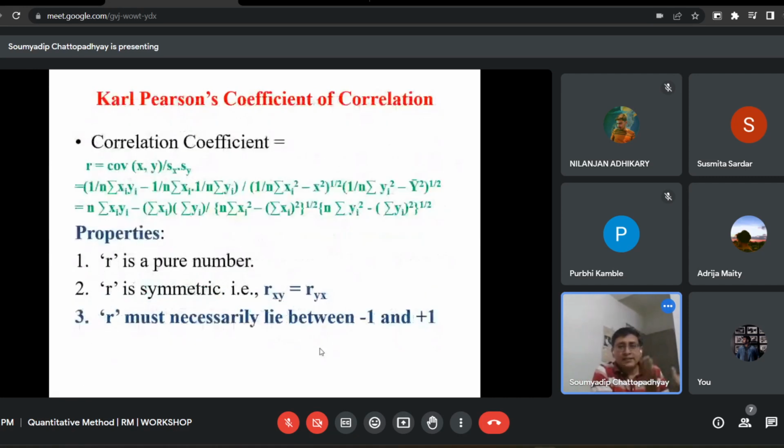Okay, and now this is basically the graphical representation, and this is the mathematical or the algebraic representation. This is the formula for calculating the correlation coefficient, where the correlation coefficient is defined as the covariance between x and y divided by the standard deviation of x and the standard deviation of y, and it has very nice properties. It is a pure number, and it must lie between -1 and +1. If it is equal to -1, the two variables are perfectly negatively correlated. If it is equal to +1, the two variables are perfectly positively correlated.